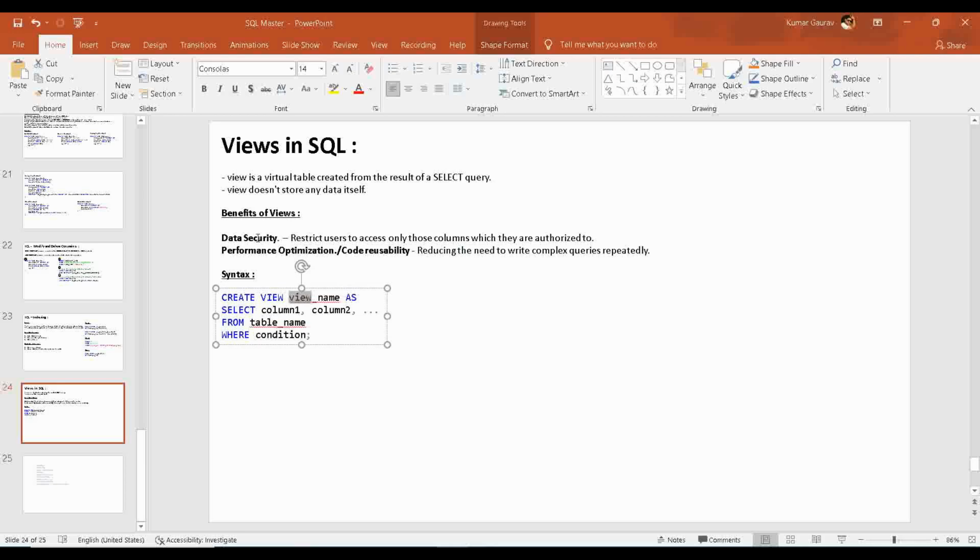So that is the very first reason due to which we are using this view. And the second most important reason why we use view is performance optimization or code reusability. This is of course right, that suppose you are having several joins and several business logic